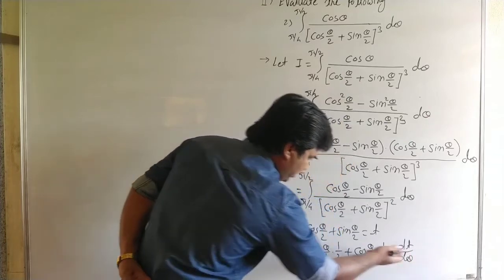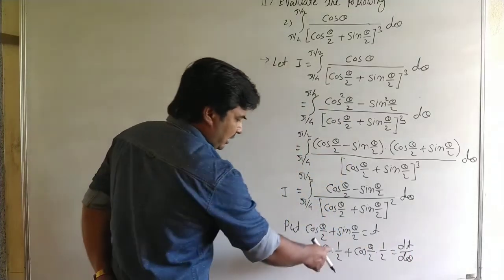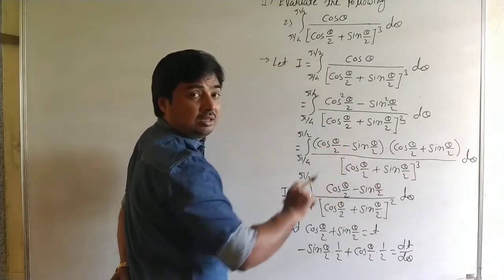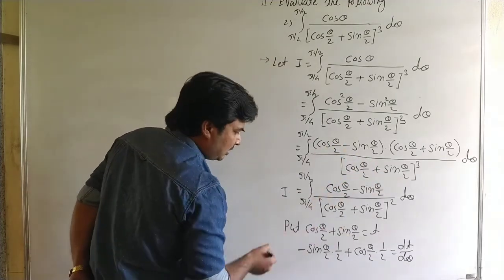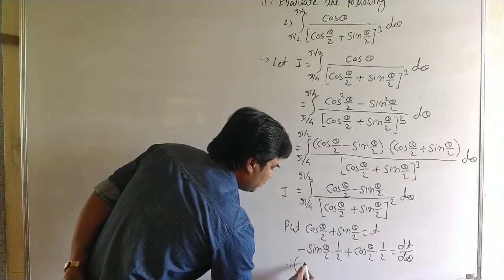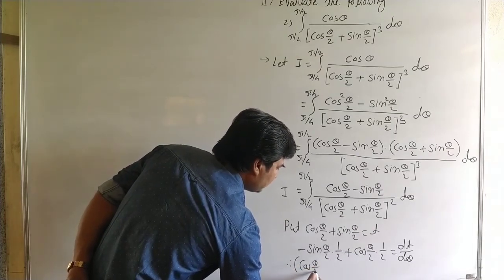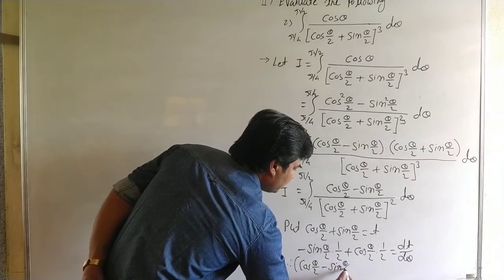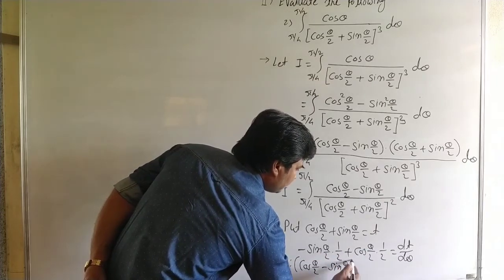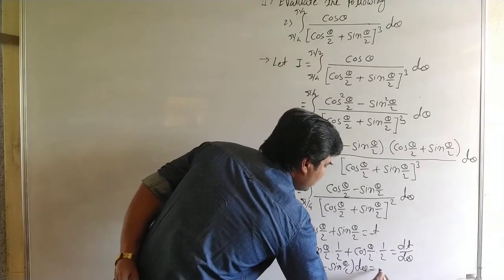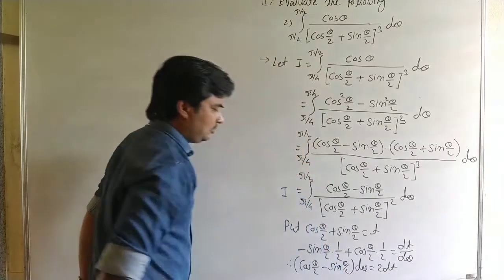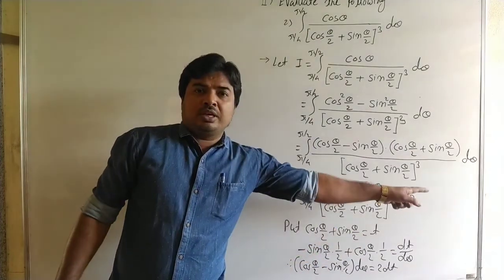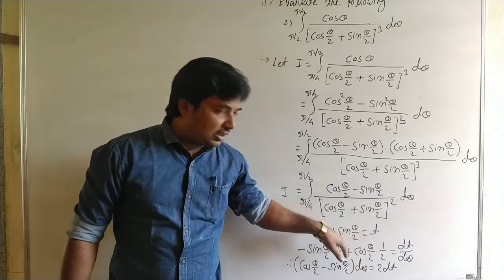Okay, here differentiate with respect to theta. Now here this 2 take common, that means 1 by 2 take in the RHS and d theta in the LHS. Therefore we can write here cos theta by 2 minus sin theta by 2, d theta is equal to 2 dt. See carefully this step. This 1 by 2 take common, and 2 we can write in the RHS, and d theta we can write in the LHS.